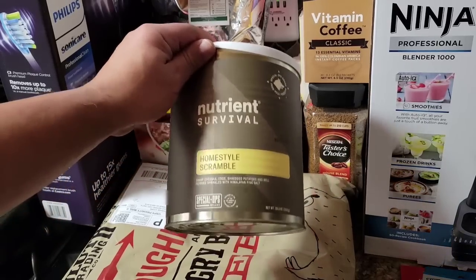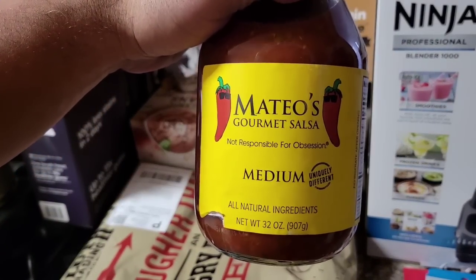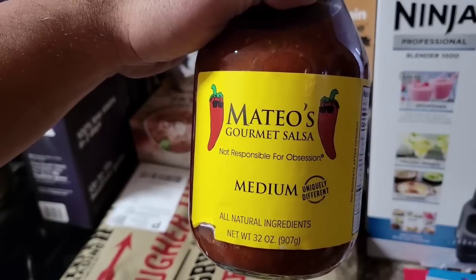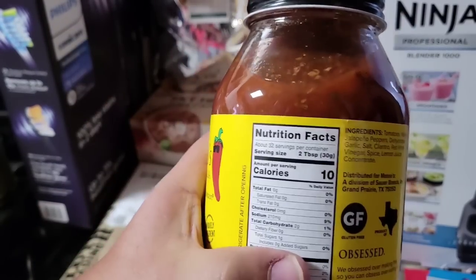And like I said, even though I can't eat this on a regular basis, my other family members still can. This is not really a prep, ladies and gentlemen, but I thought that I would show you this sauce, or salsa, because you can get it at Costco, and this is very, very good. And even if you are diabetic, which this is not a diabetic video, but look at this, it's pretty good